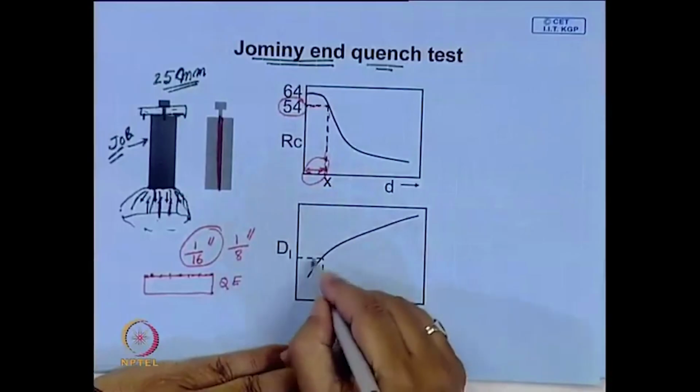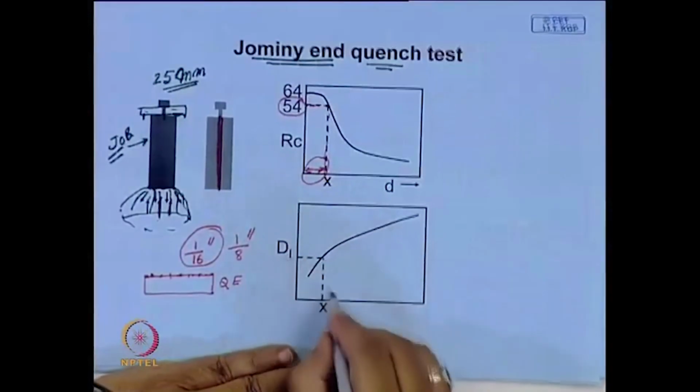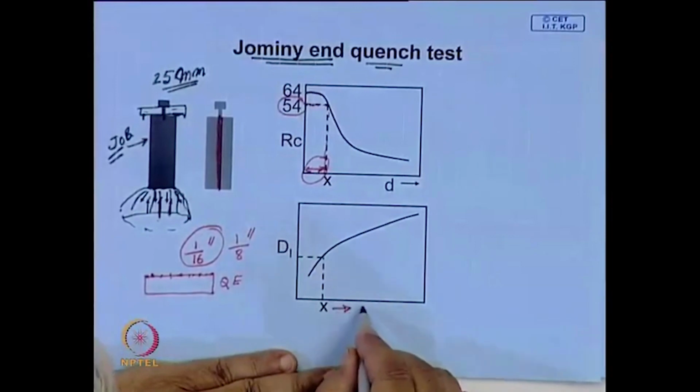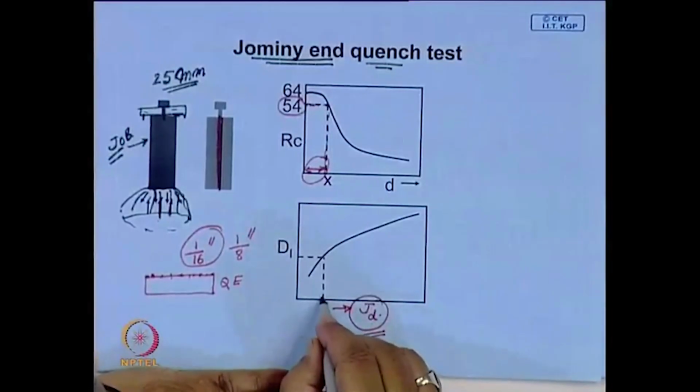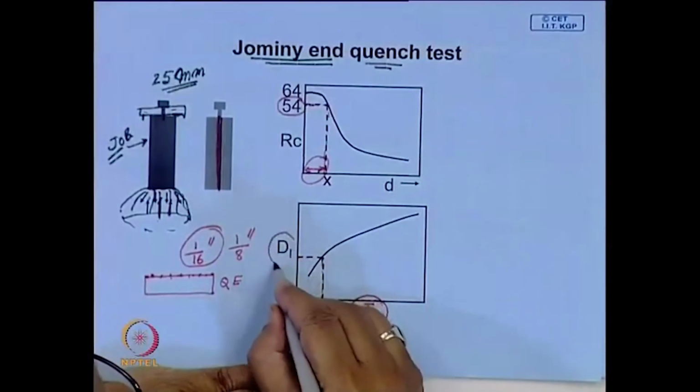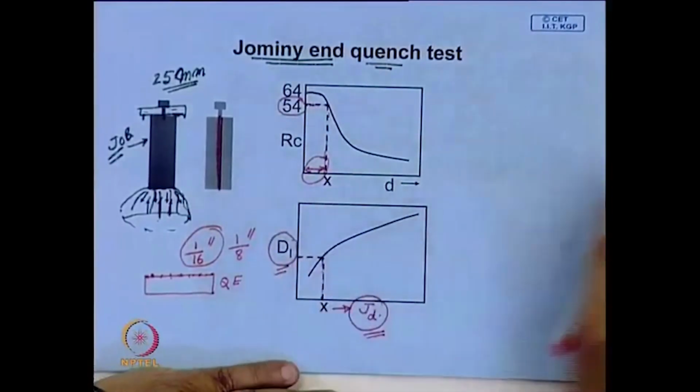So, one such graph is here. Look at this graph: this is the Jominy hardness depth which you have measured, and you look up this chart, and this chart will give you the ideal critical diameter. So, therefore, what we do here,